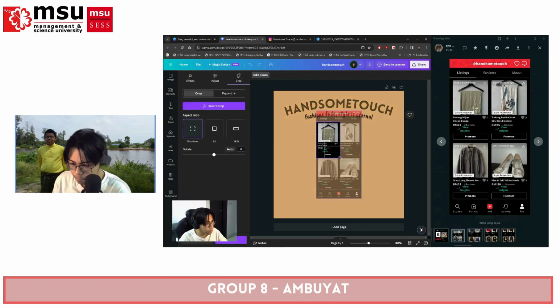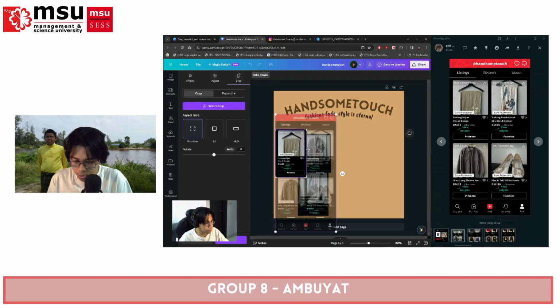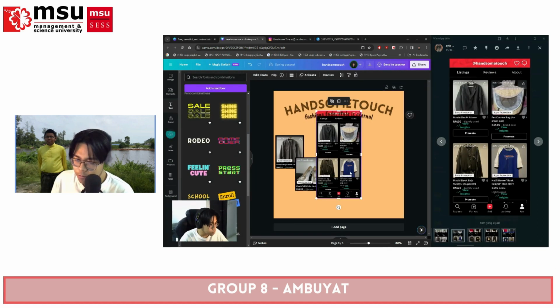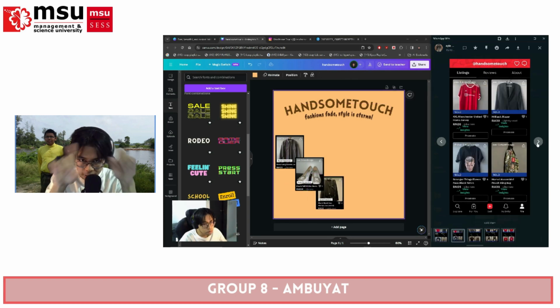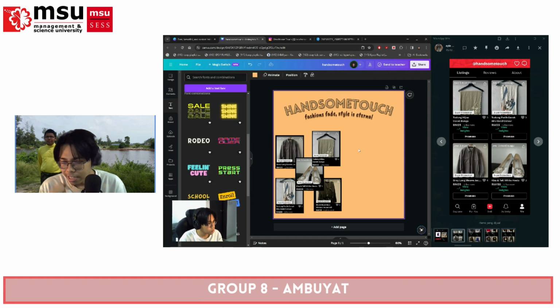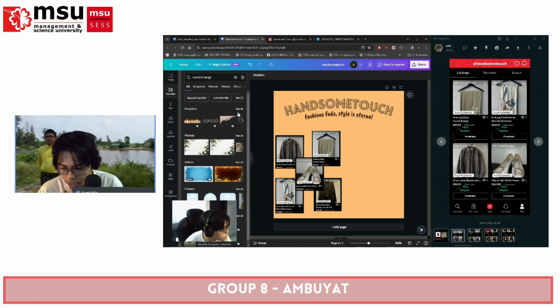I use Canva Pro because I want to make the fonts more curved, so that's only accessible for Canva Pro. And I use a bunch of elements also.